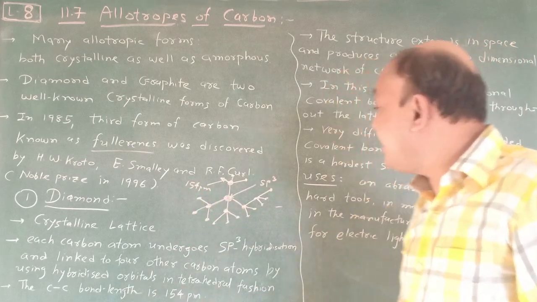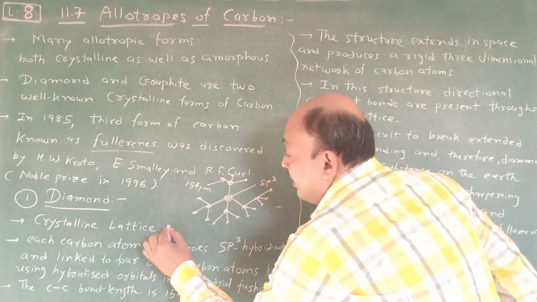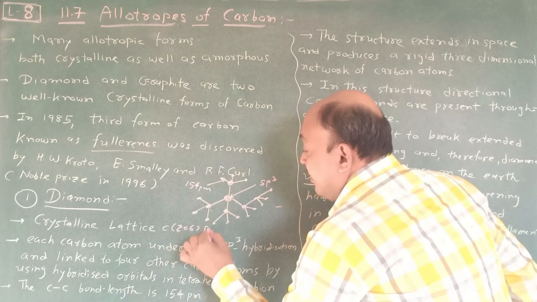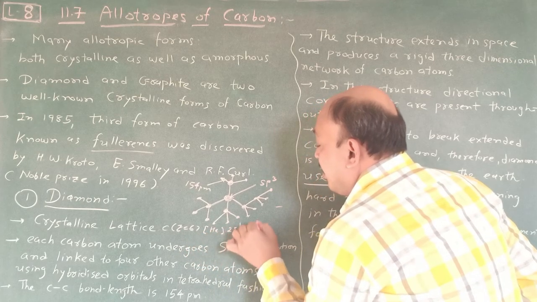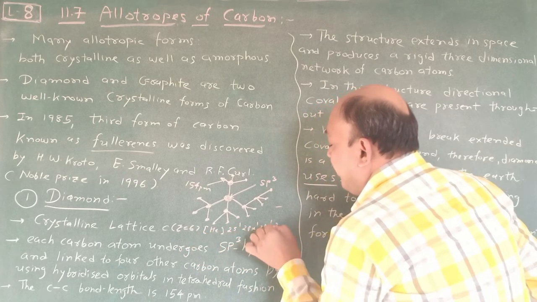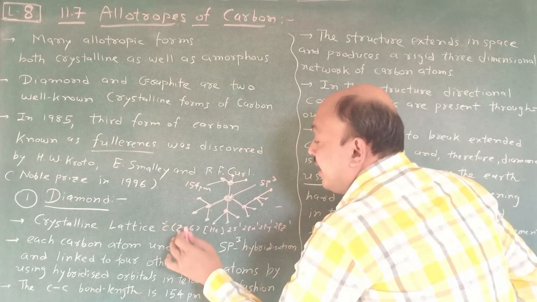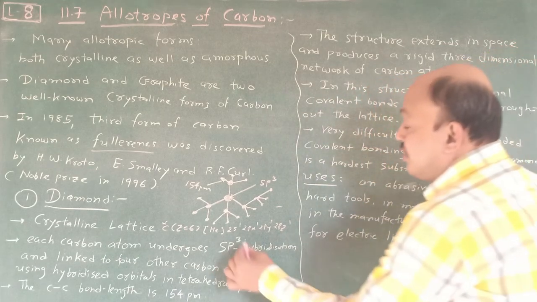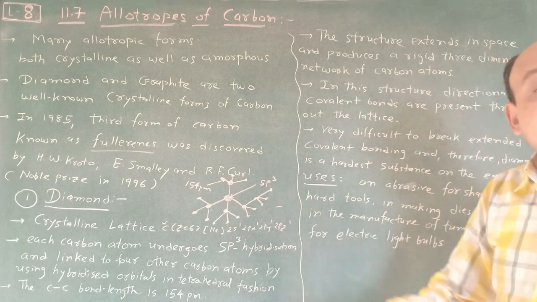Why is sp3 hybridization there? You have to learn this in chemical bonding, but just you see, carbon Z is equal to 6, 2s1 2px1 2py1 2pz1. This is the electronic configuration considered in the excited state. And that's why this 2s, 2px, 2py and 2pz are bonded with another carbon atom.